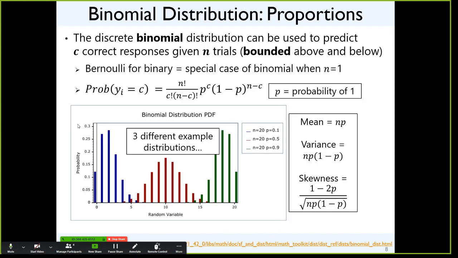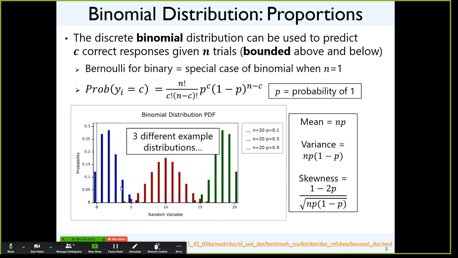Here's a discrete distribution for a quantitative variable. This is what's known as binomial. This is the number of successes out of the number of possible trials. You might think of that as like proportion correct. That shows up a lot in educational type data. And in this case, all you need to know if your data follow this distribution is the mean. For any given trial, what is the probability of getting a 1? Once you know that, you multiply by the number of trials, and that is your actual mean.